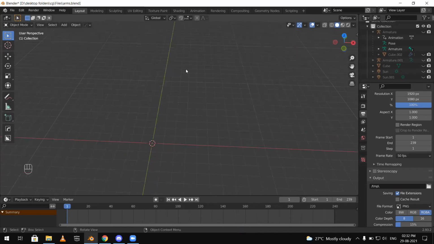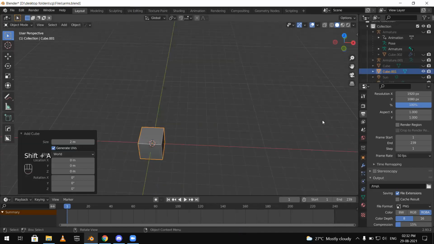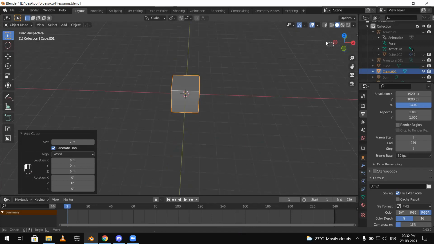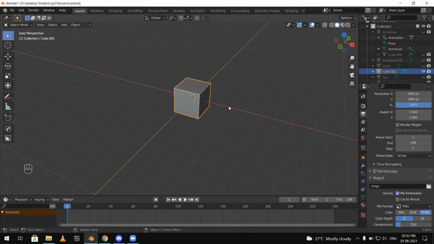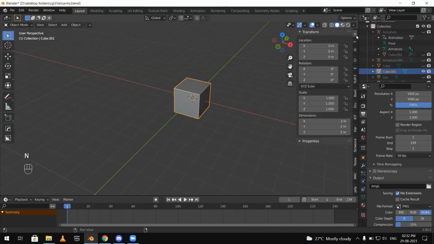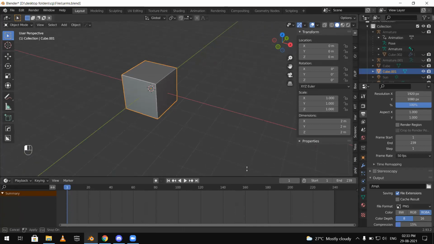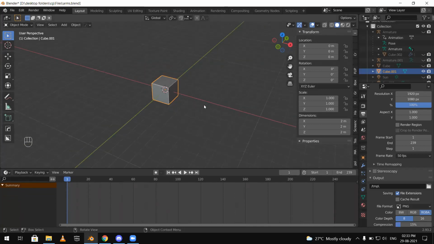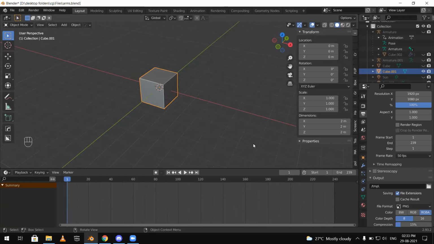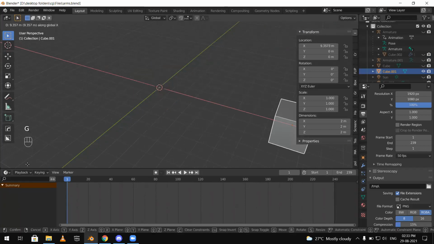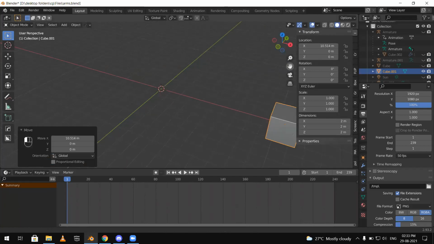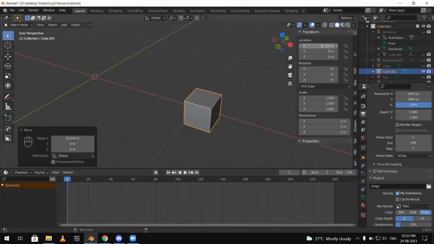So let me show you another thing about animations. We will add a cube, the basic default Blender cube, and I will press N and bring up the transform menu. Yes, transform menu, and this shows you the scale, the dimensions, the location and rotation of the object. Now what we are going to do is first make this cube appear from the x-axis, like let's move this right there. Now as you can see, the location has changed. We have moved it some 10 meters away, and now I am hovering my cursor here.